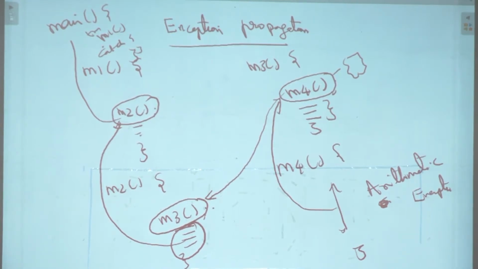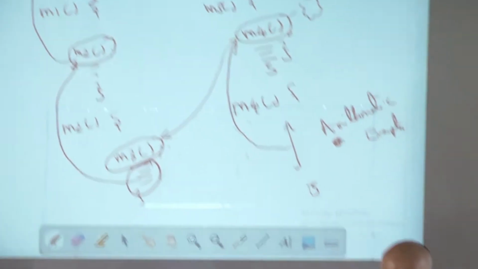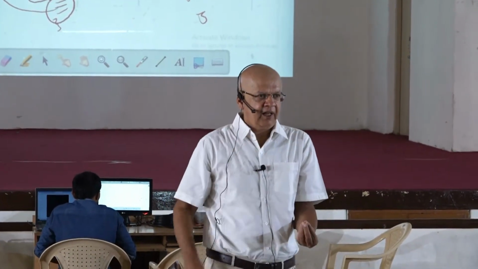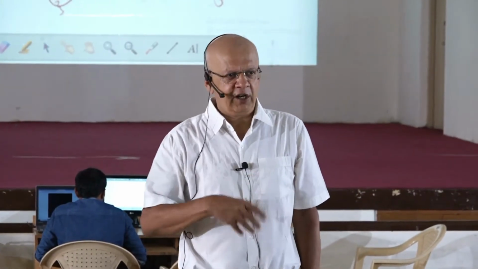It's called bubbling of exception or propagation of exception. Now, I think it's easy to understand why it is called bubbling. Bubbling means like an oxygen bubble in a glass of water or in a jar of water. That bubble will go up, no? Like that. So it propagates up the call stack. So now, is it a good thing or a bad thing? Well, it's neither a good thing nor a bad thing.